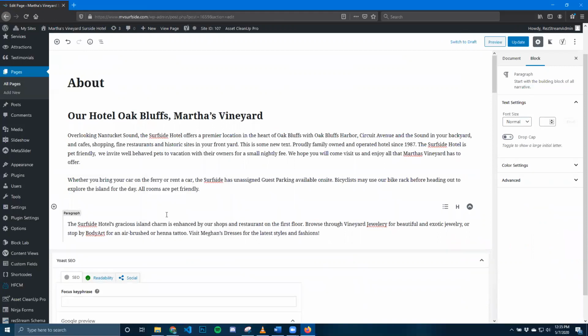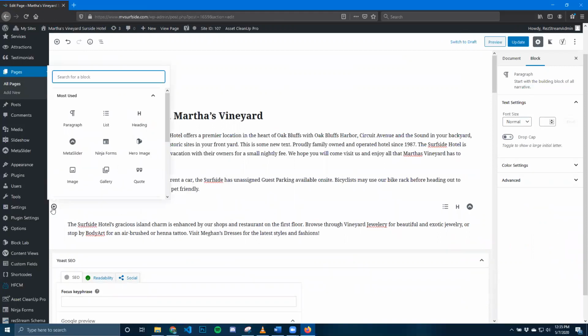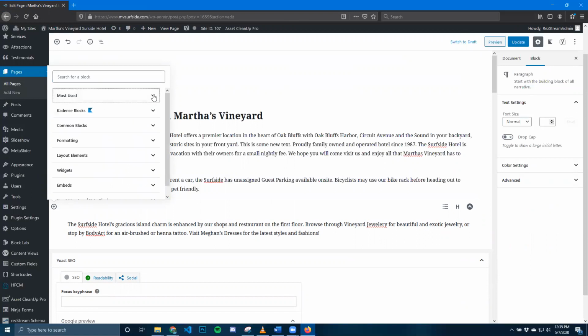We're going to insert a block after, and we want to put in a paragraph. So we're going to click this little icon and it will open up to your most used blocks. If you see the block you want to use right there, you can click it. If you don't see it, you can click this little caret and open up these other options and find your